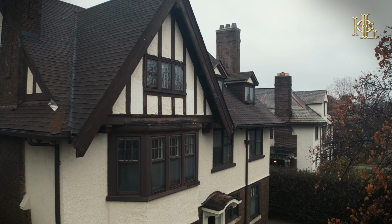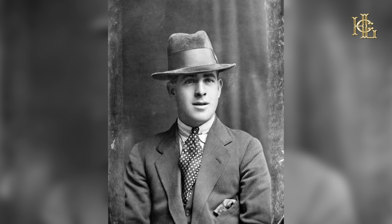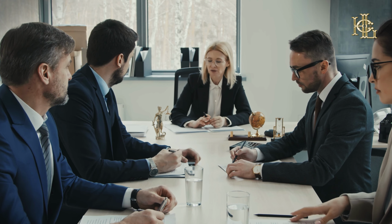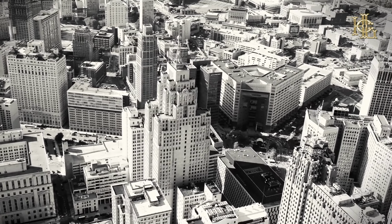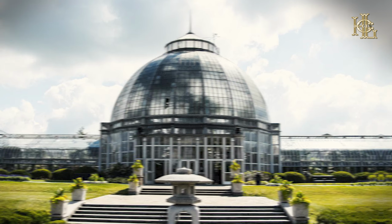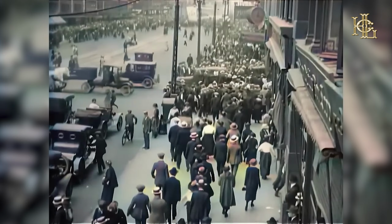Built in 1914, this home was originally commissioned by John A. Bryant, co-founder of the Bryant and Detwiler Company, one of Detroit's most prominent construction firms during the early 20th century. Bryant and Detwiler played a pivotal role in shaping Detroit's skyline, constructing landmarks like the Detroit Institute of Arts and the Belle Isle Conservatory. This home was a personal statement of success, built during a time when Detroit was booming